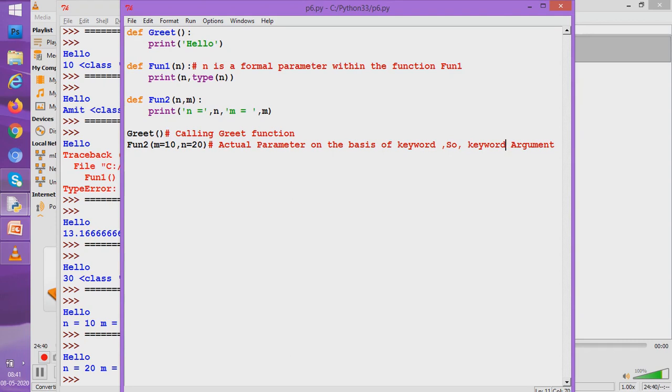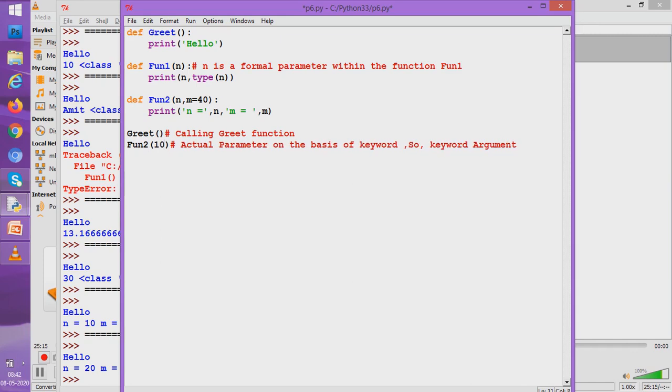Students, let us go for something more. We will now talk of default arguments. Now what is default argument? See here students, we are giving a value while we are defining the function to one of the parameters, I'm giving m 40. Now what will happen if I give m 40? I have a liberty now. What is the liberty? Now I can give only one value while I am calling fun2.